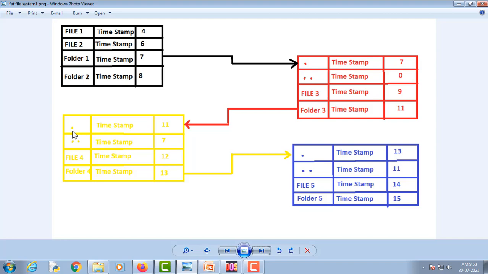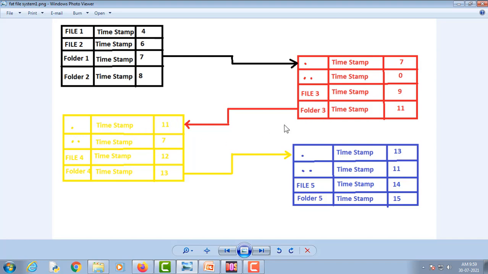Similarly, this dot is pointing towards the current subdirectory. As you can see from this image, the starting cluster of this subdirectory is 11, and this single dot is pointing towards the current subdirectory.